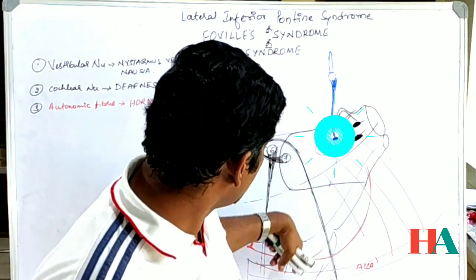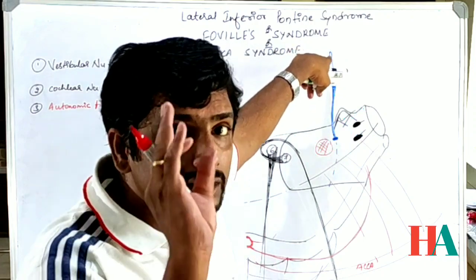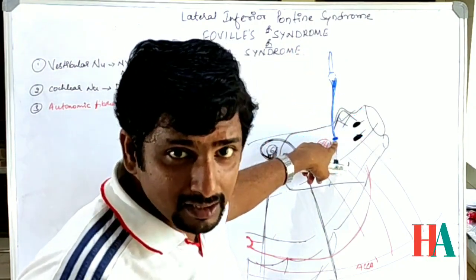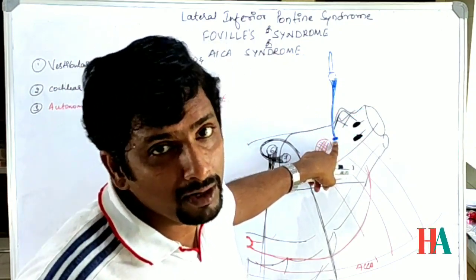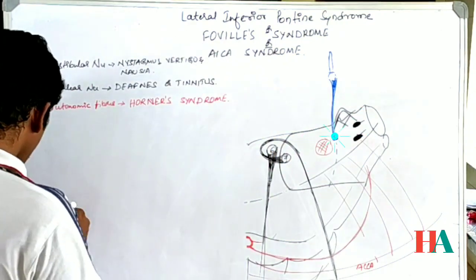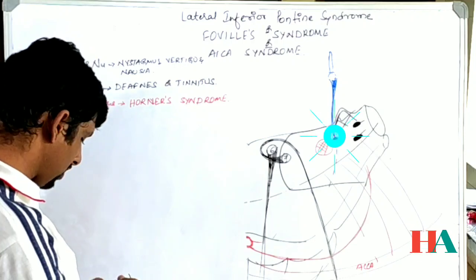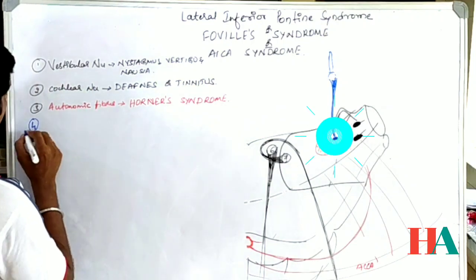If it is involved, from downwards it is going to carry the sensation to the thalamus, and above it, almost all parts of the face, touch, temperature, and pain sensation will be lost. Okay, so that is the third one. The fourth one we will mention is about